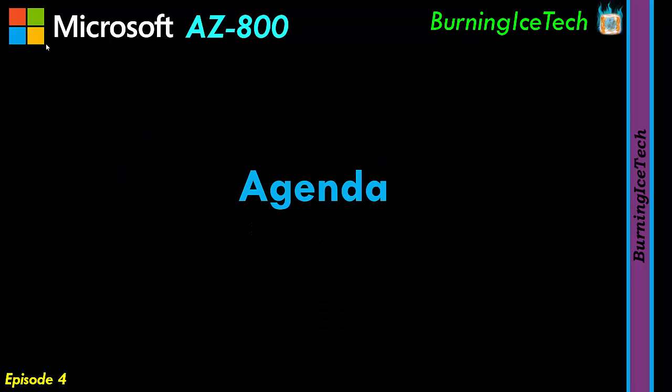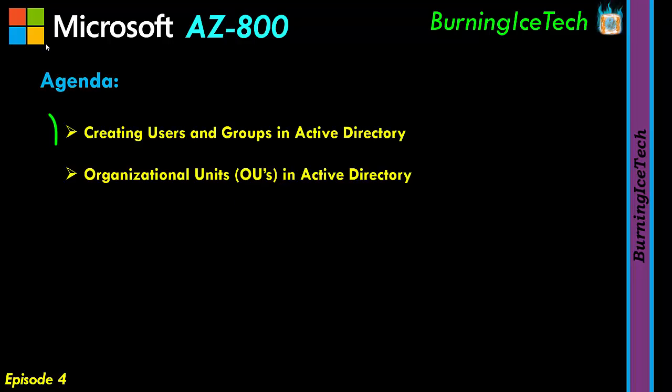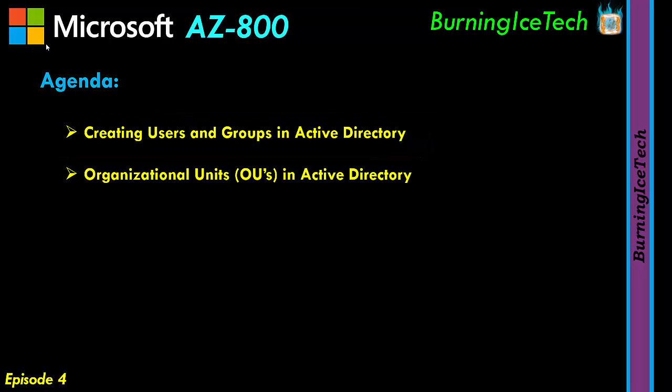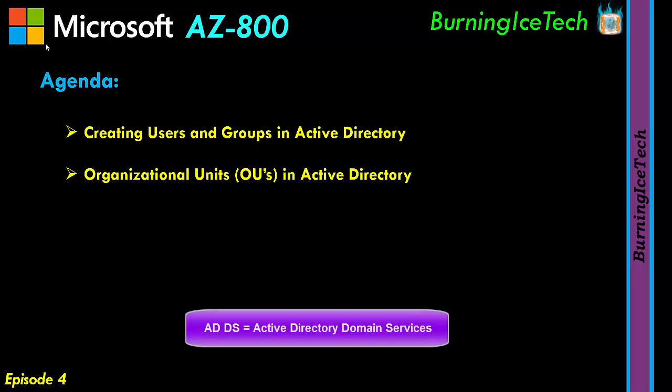On today's agenda, we've got quite a few cool topics that we're going to be taking a look at. The first of which is how or where can we go about creating ourselves user accounts and groups, more specifically in Active Directory, not on your local computer, Active Directory. Now, for those of you that have been following the series so far, you would know Active Directory is software that's installed on a server, and this is achieved by adding a role on the server called the ADDS role, which stands for